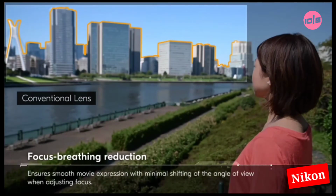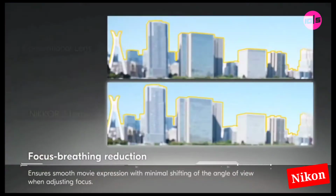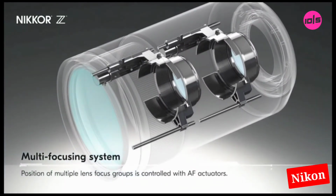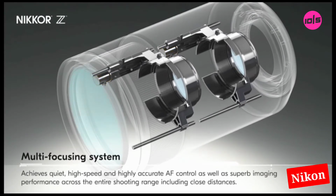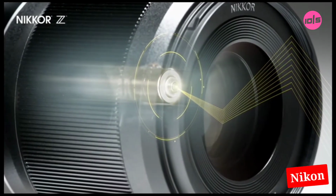Focus breathing reduction ensures smooth movie expression with minimal shifting of the angle of view when adjusting focus. Multi-focusing system. Position of multiple lens focus groups is controlled with AF actuators. Achieves quiet, high-speed, and highly accurate AF control as well as superb imaging performance across the entire shooting range including